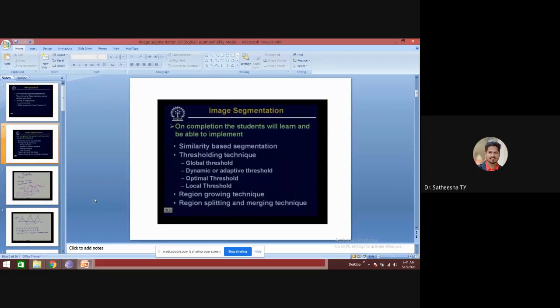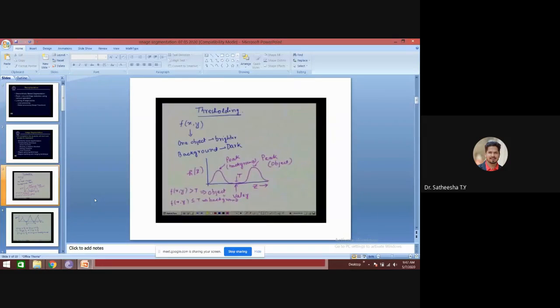Under the thresholding technique, we again have four different types of thresholding. One is called global thresholding, another is called dynamic or adaptive thresholding, there is optimal thresholding, and there is also local thresholding. We will discuss these different region based segmentation operations, thresholding, region growing, and region splitting and merging, one after another.